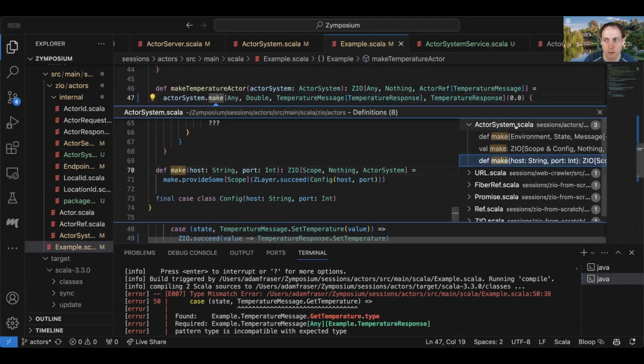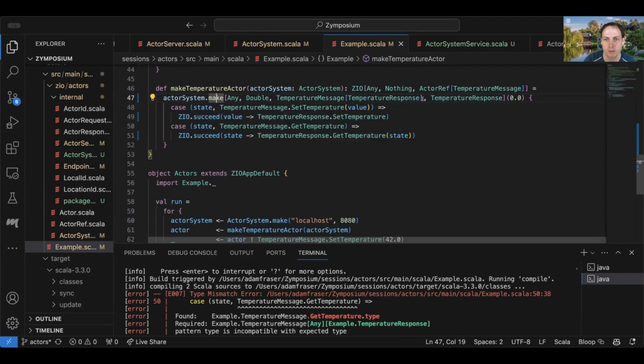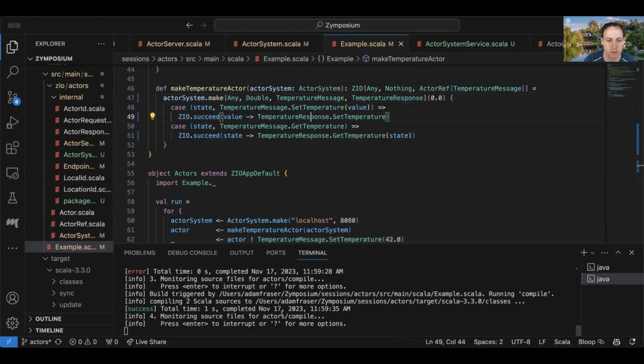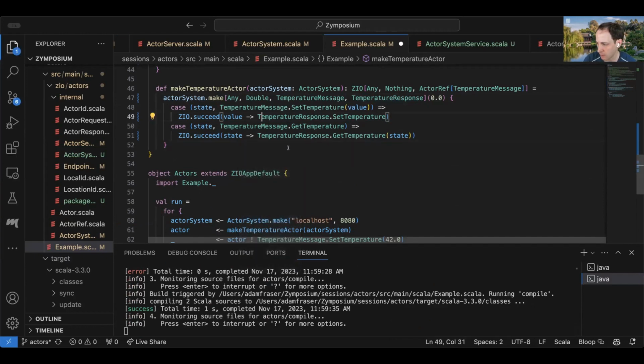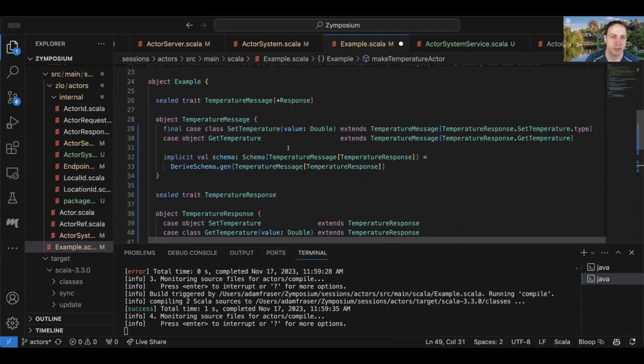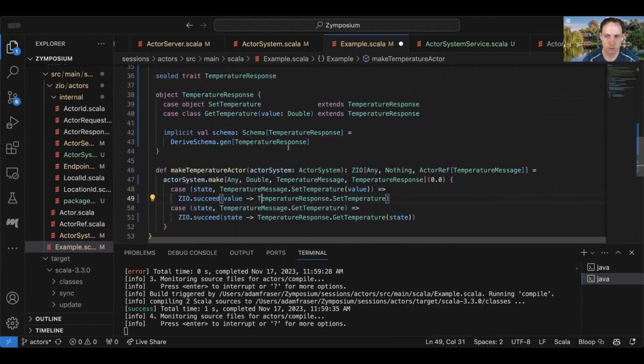Make sure I have, oh, I know. Oh, this is expecting a parameterized type. Maybe I do need to clean that. There we go. Now everything is compiling. Okay. So now